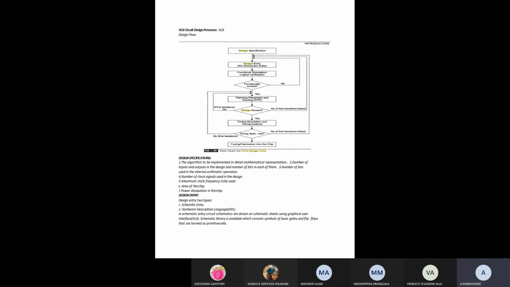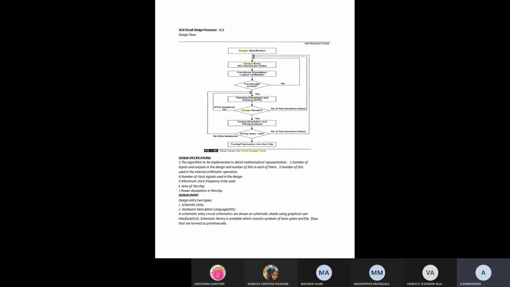In design entry, the user can enter a design in two categories, that is, the design may be implemented using two types: one is schematic entry and the other is hardware description language, or HDL for short. So we have two options to design a specific IC within design entry.